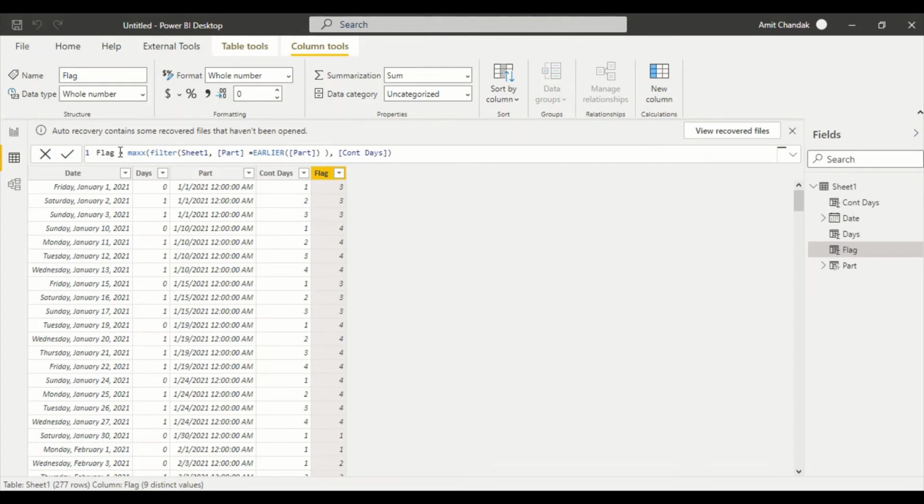So this should return me, see, this is returning me 3 days. This is a 3 days continuous streak, then a 4 days continuous streak. Again, this is a 3 days continuous streak. 14, 15, 16, 17, stopped. Again a 4 days continuous streak. Okay, 19, 20, 21, 22. So 4 days continuous streak. Then we have 24. Again from 24, 25, 26, 27, again continuous.